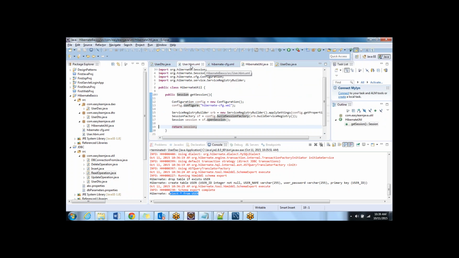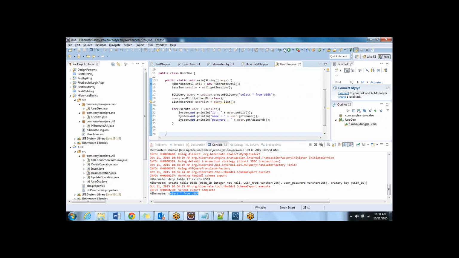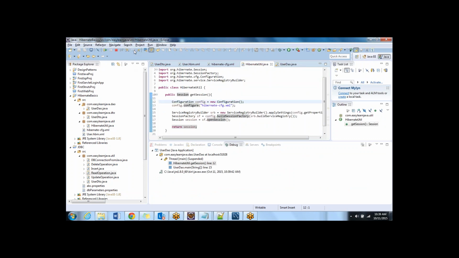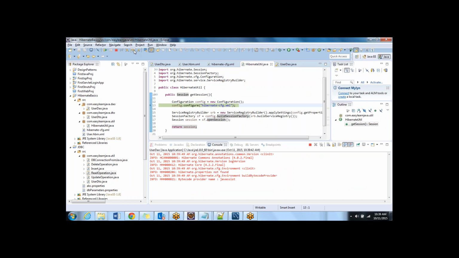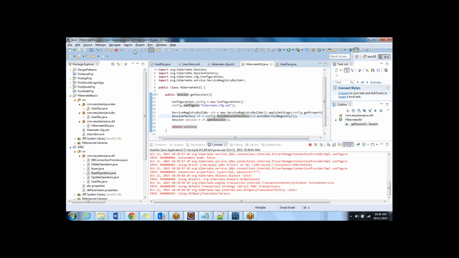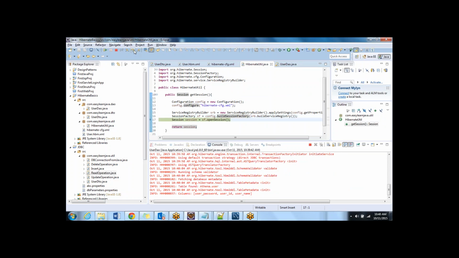And now see here. Once again, I'm going to explain the same old concept, user DAO.java. Let me debug it. Say F5. And here, it will read the hibernate.config.xml, create a service registry builder. From there, create a session factory. Now, if you see here, let me pause here and go back and explain something which is printed in the